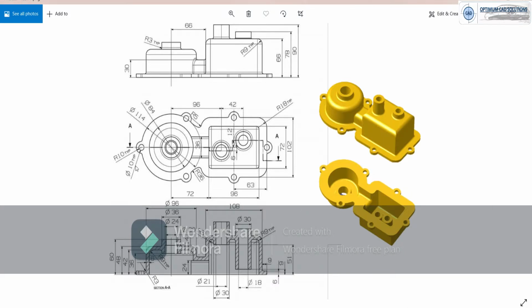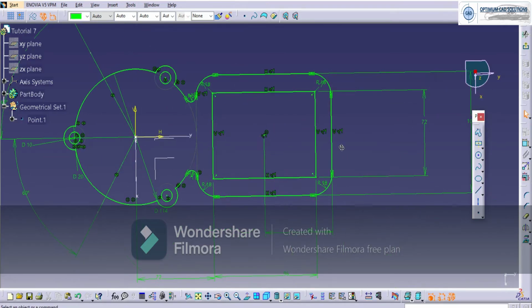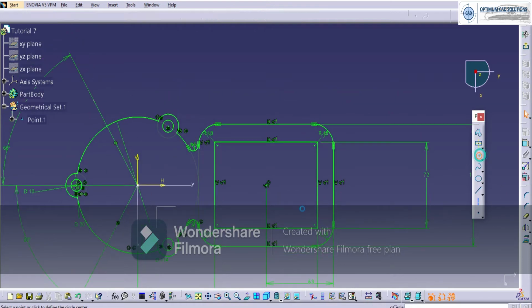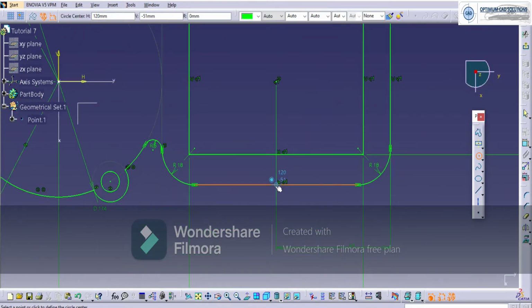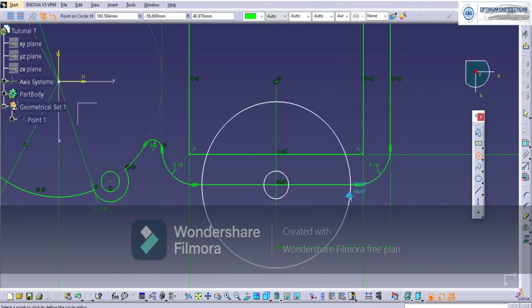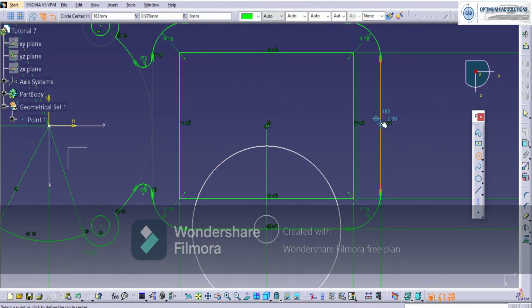But before that, the three holes on the right-hand side are pending, so we'll draw those with the same dimensions as we drew on the circle. So here is the first circle and second circle having diameters of 10 and 20.